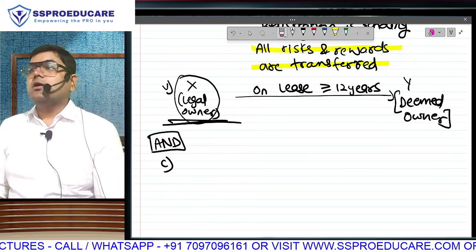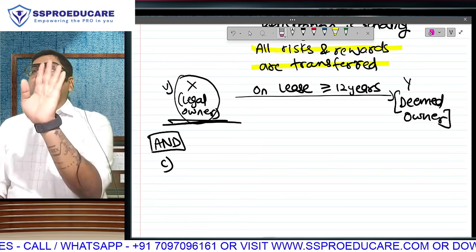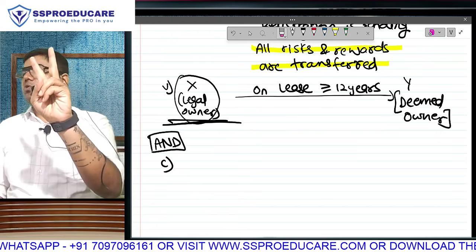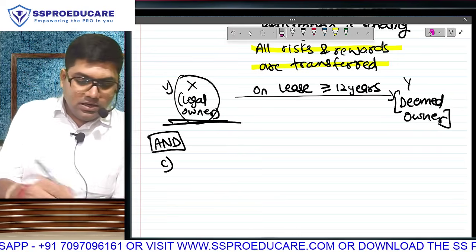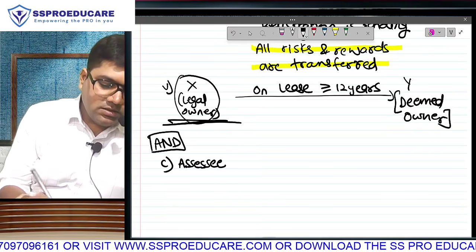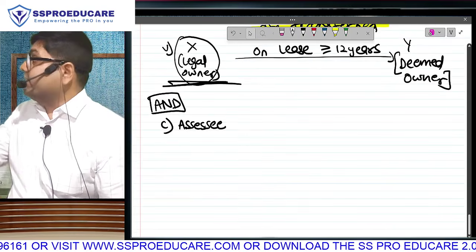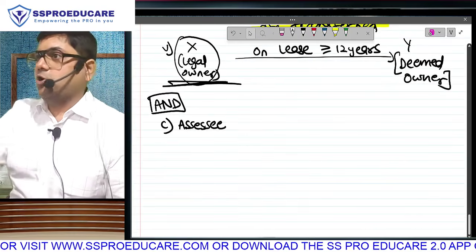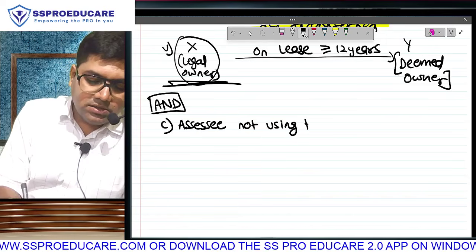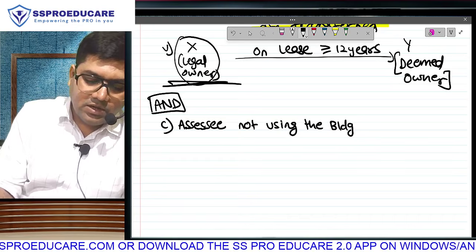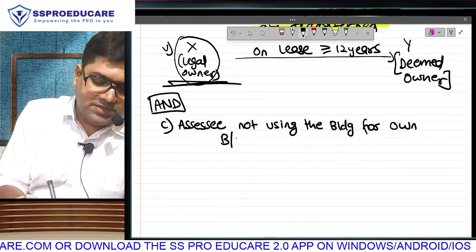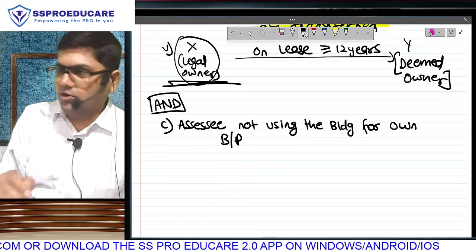Okay. Third case, third condition, 1 minute. When will an income be taxable under income from house property? Condition 1, building. Condition 2, owner. And condition 3, the assessee who is receiving the rent. I hope you understand. The assessee here is receiving rent on a building, and this assessee is the owner, legal or deemed. The assessee is not using the building for own business or profession. Usually in PGBP we will again and again write this short form B or P, but